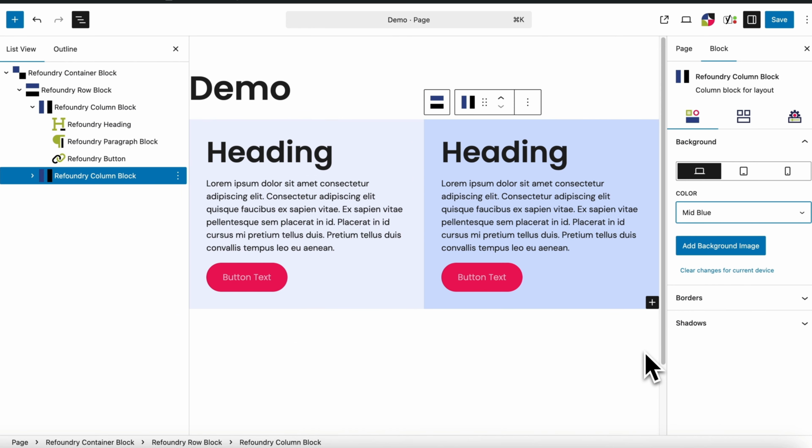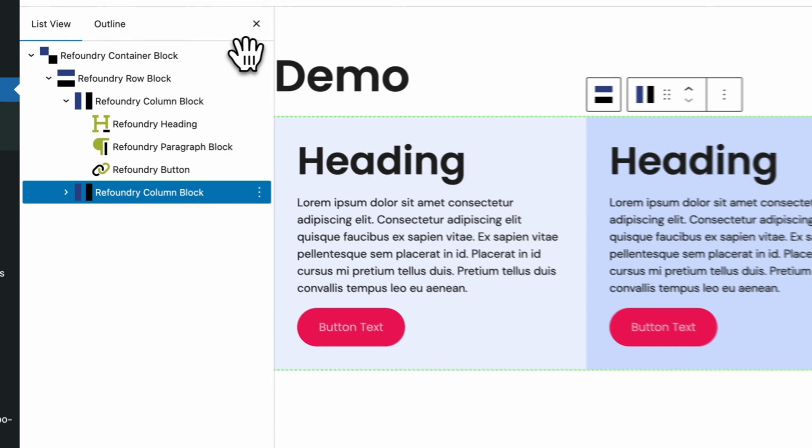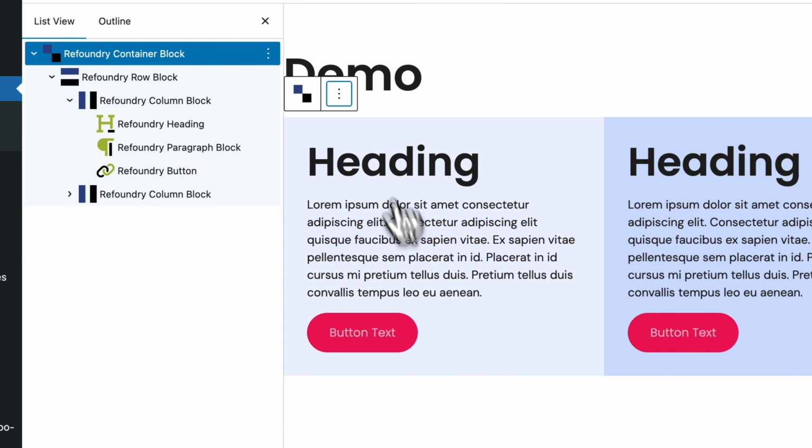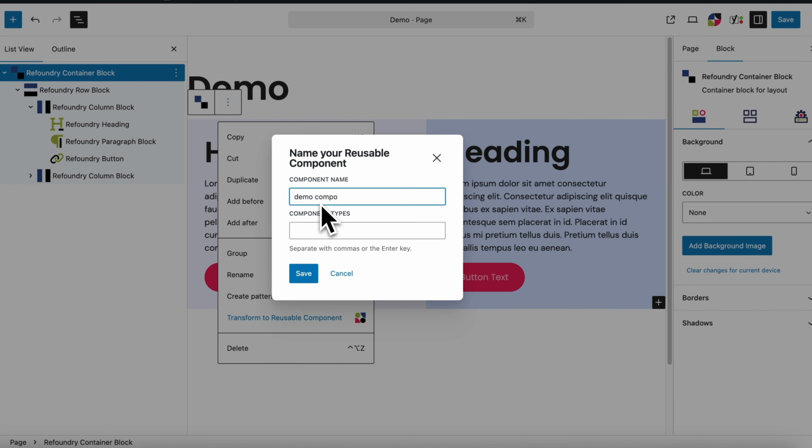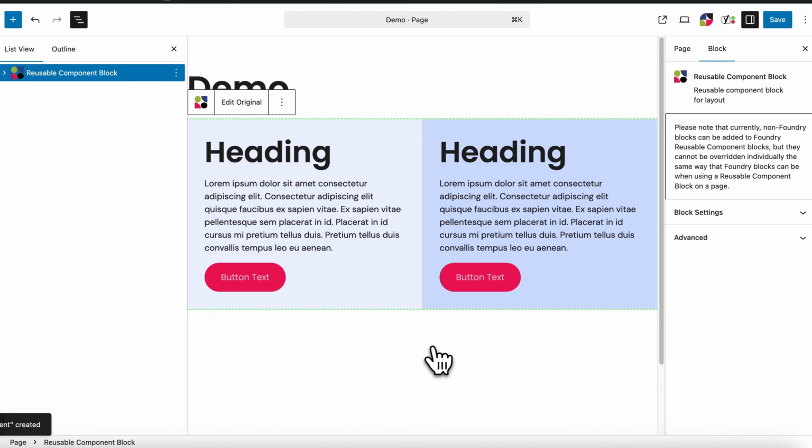Now that the section is complete, I'll convert it into a reusable component by opening the Container Block menu and selecting Transform to Reusable Component. I'll give it a name, and now I have it saved as a reusable component that I can insert on any other page on the